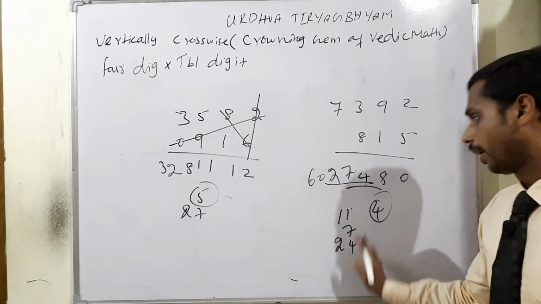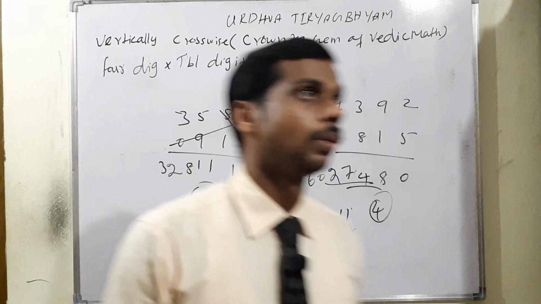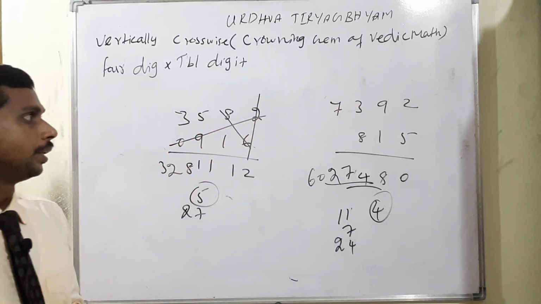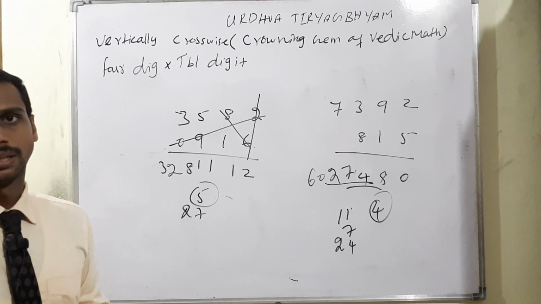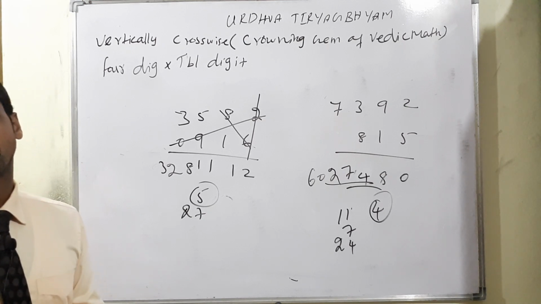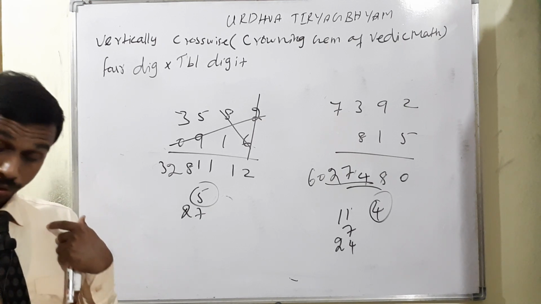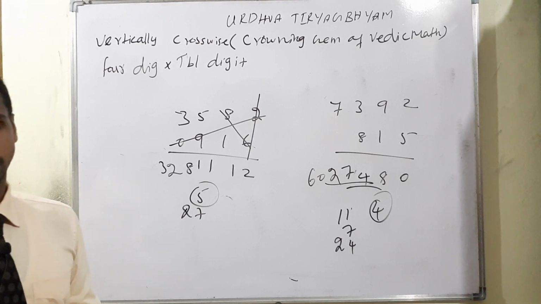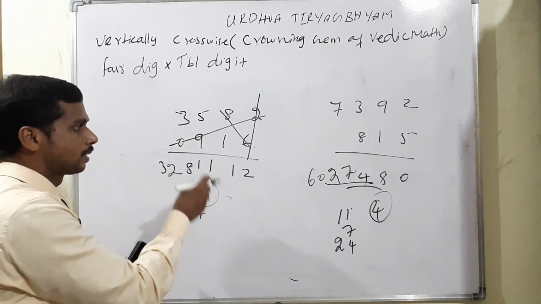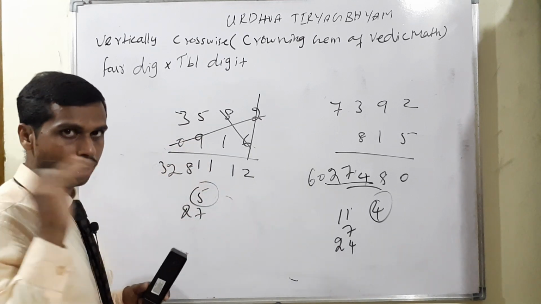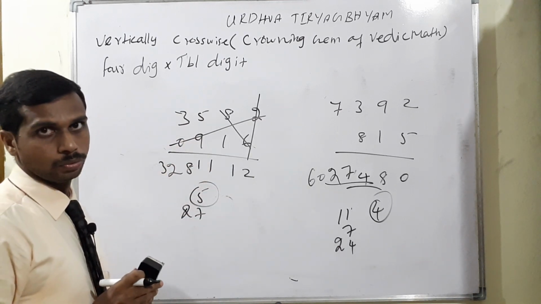So I hope this is the way you can apply. Okay, 4 digit into 3 digit, even 4 digit into 4 digit also. I think you know. Do it your own self. Okay, without using the regular method, without using the calculator also. This method is very easy. Regular method means step by step. This is one single step, so I'm sure you can do it.